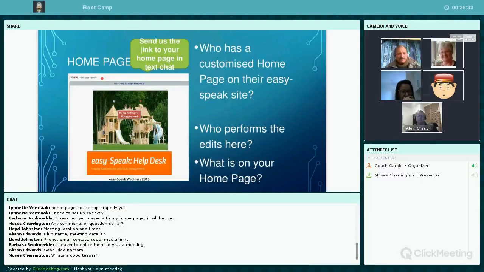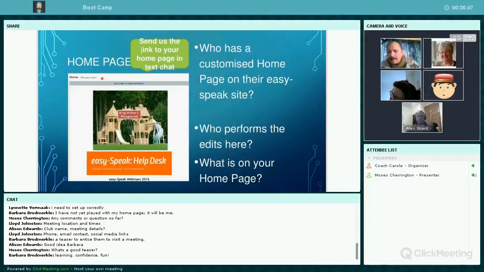Let's move on, because it seems simple enough, but is it really? So you'll need to look into that. Who needs permission? How will you change it? And what needs to go on there? That's a really good discussion topic for your next executive meeting.